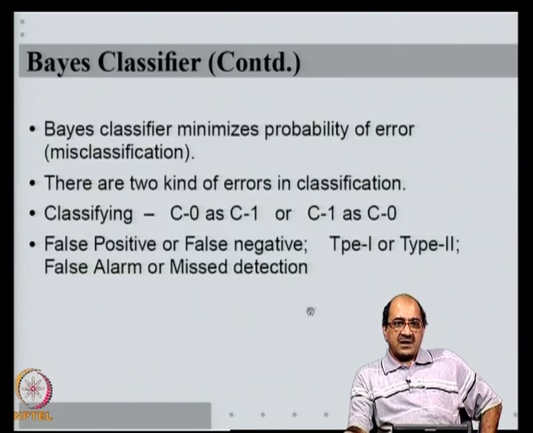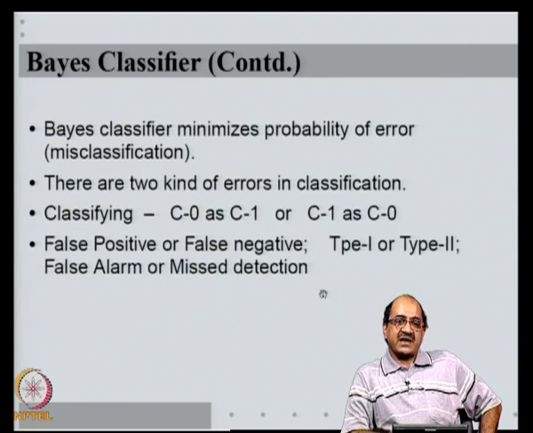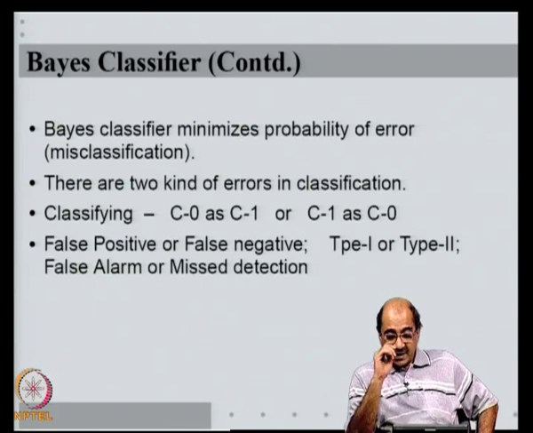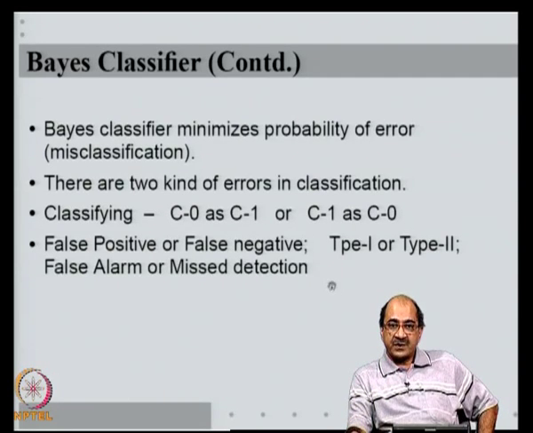Essentially, some of this terminology comes from the Second World War. During the Second World War is when this Bayes decision theory was actually developed, and the important classification problem to be solved was that there are radars to detect fighter aircraft, enemy aircraft. Based on the radar signal reflection that we got, somebody has to make a decision whether what we have is an enemy aircraft coming in to bomb or there is no enemy aircraft. If those are class 0 and class 1, if I make an error, there can be two kinds of errors. One is when there is an enemy aircraft, I actually think there is no enemy aircraft, or when there is no enemy aircraft, just a flying bird or something, I may think that is an enemy aircraft.